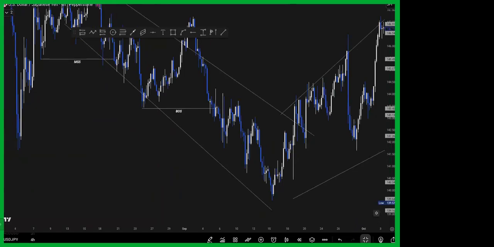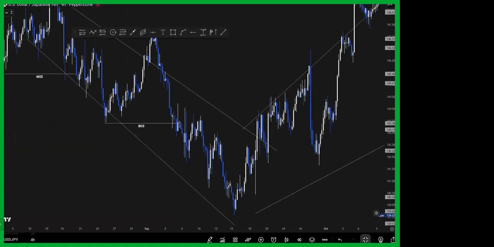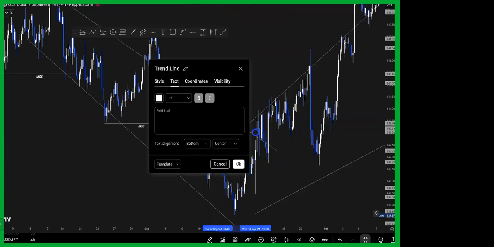And I think that was the last break of structure we had before the market actually did. Okay, let me just identify all these small ones here. Break of structure, break of structure, until the market gives us a what? Gives us a new market structure shift at this particular level.